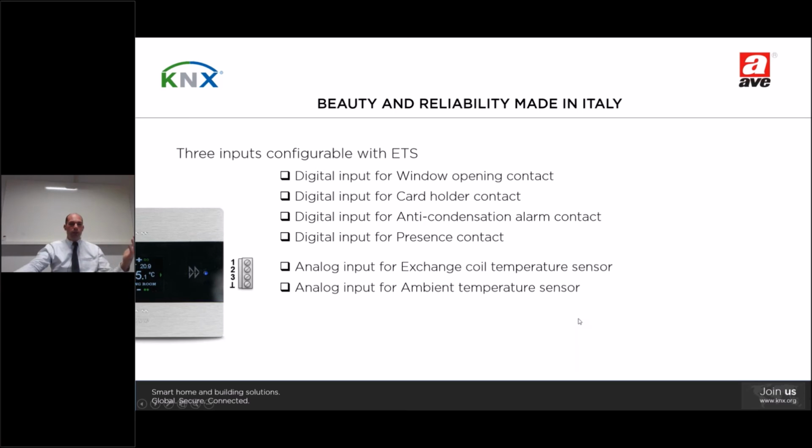We can use a probe just as a simple room temperature sensor. This can be used to control this zone temperature. It can be used as a secondary zone temperature extra to the one which is already on board. For example, if I have a big room, I have one probe on board the device, another probe in the other corner of the room, and I tell the device, keep the average of the two temperatures and act based